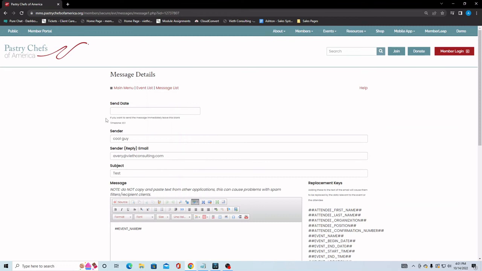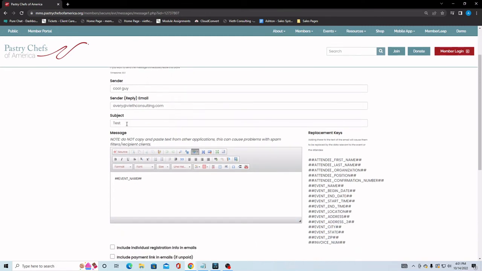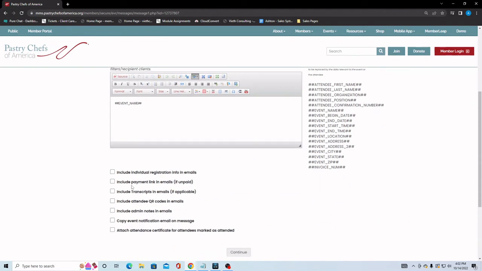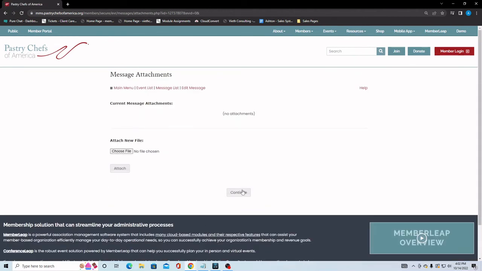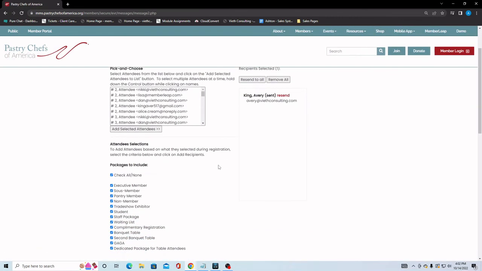So here, send date, sender, reply email, subject. So all this is the same as always. Then here, if you want to include their transcripts in the email, if it's applicable, then you just check this box here. So for now, we'll leave this checked and continue. Go through the attachments page. And then on the last page here,